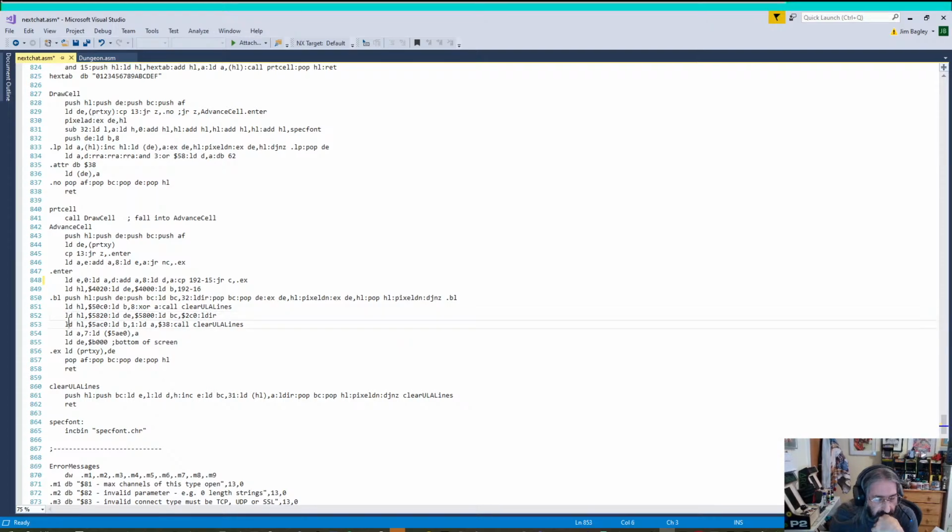Then we clear the attributes, clear 1 line of attribute line at 5AC0, so we clear the bottom of the scrolling messages from the server, and then we do